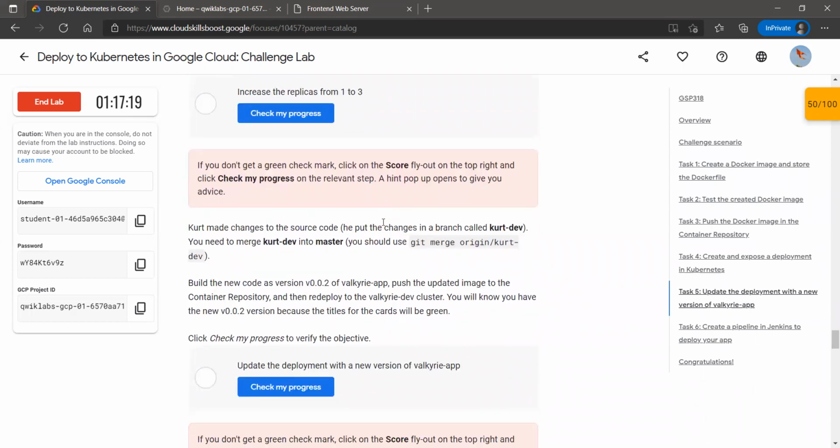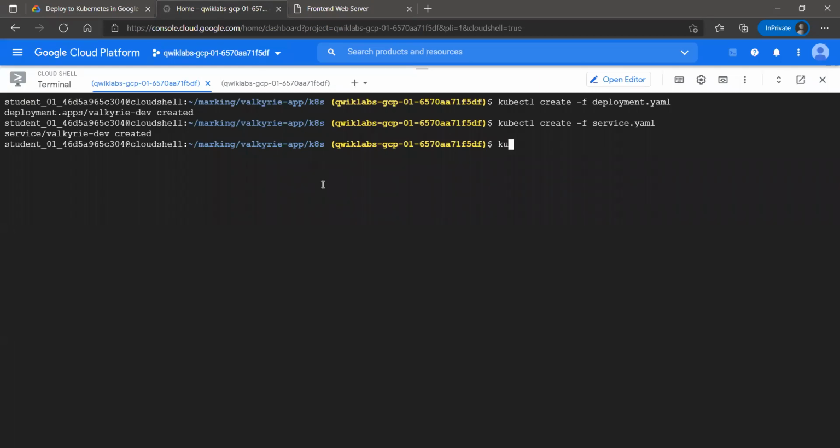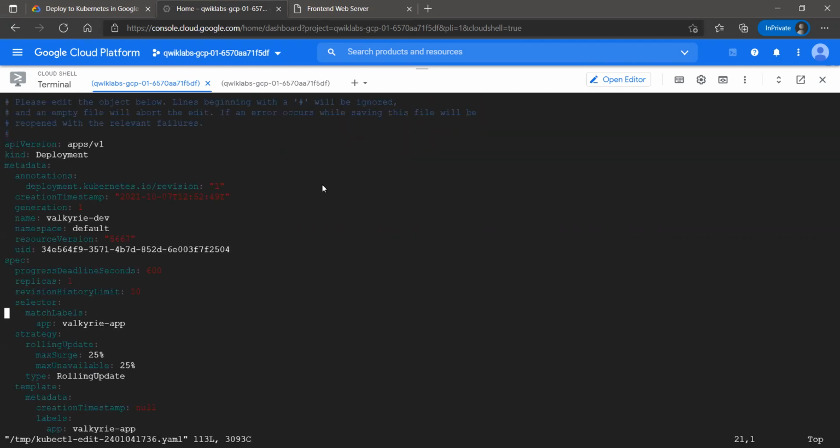Make changes to the source code, report changes in a branch. Okay, no issue. Firstly, we will edit our deployment. So here we need to change the replicas from 1 to 3.